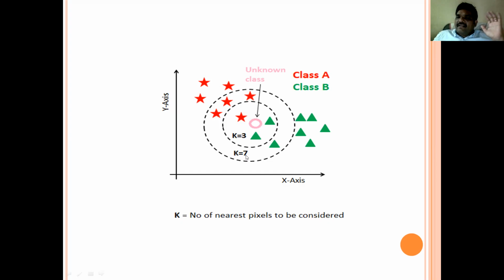When K is 7, if class A is water, if K is 3, and class B, let us assume that class B is forest, class A is water. When I give K as 3, it falls under class B. That means it may be forest area. If I give K as 7, it comes under class A, it might be water body. That means how can I conclude whether it is a water body or forest? For that, I said that